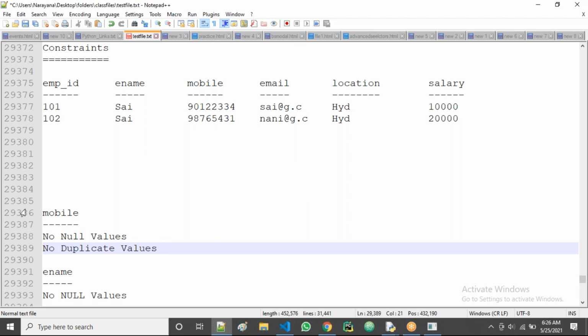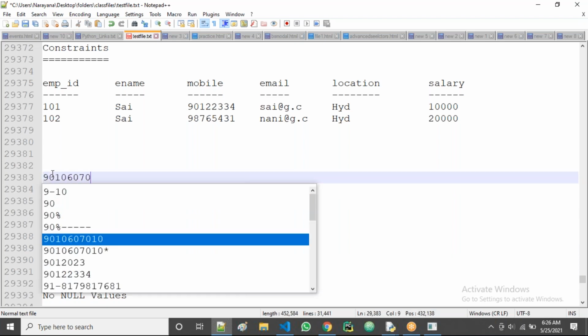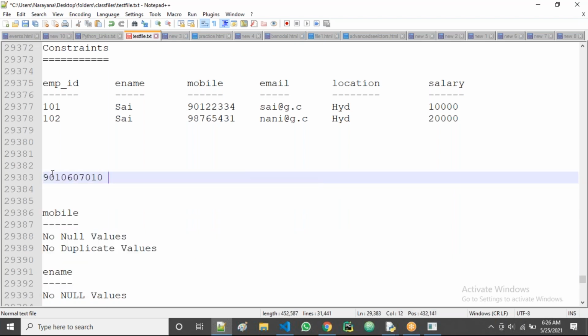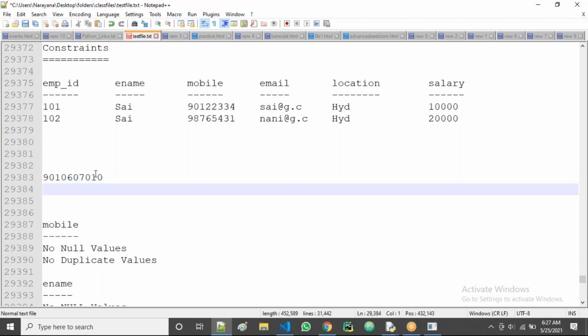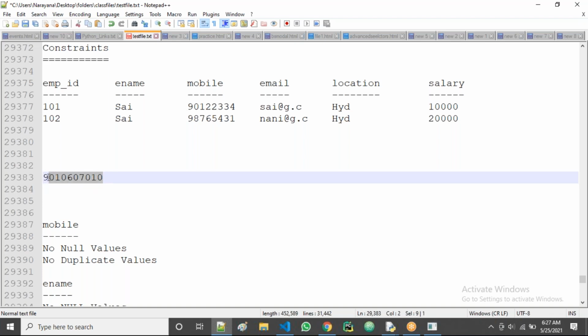Okay. Next, for email, I'll give an example, guys. Suppose this is my mobile number. I hope in the entire India, in the entire world, nobody has this number, except me.